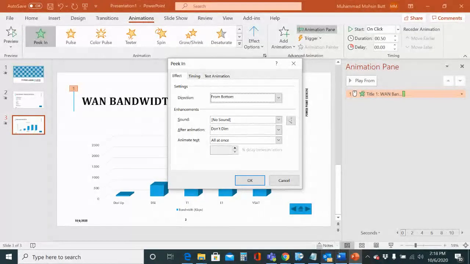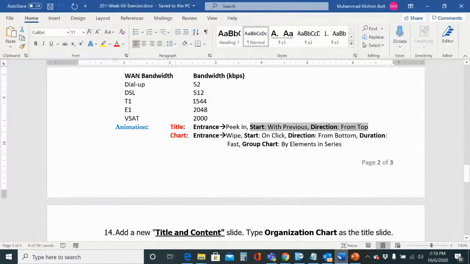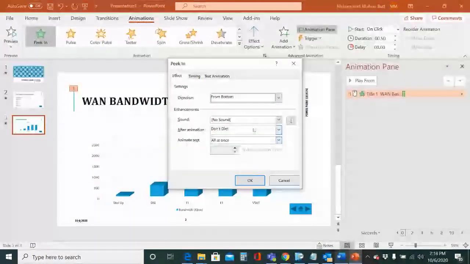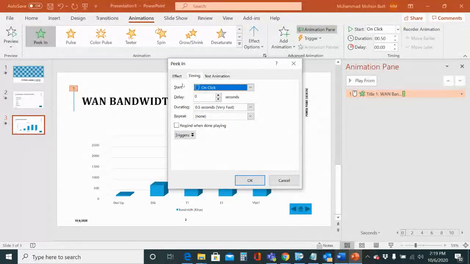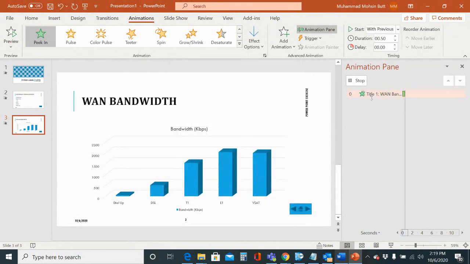Here, see the direction. What should be the direction? The direction should be from top, and in the timing, I will change the start timing. Instead of on click, I will change it to with previous and then press OK. So once again,